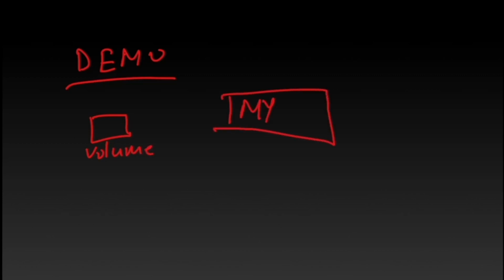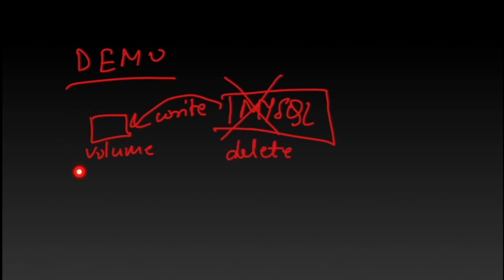Now let's see what we are going to do in our demo. I will create a new Docker volume and I will store some data in this Docker volume using the MySQL application. So I will run a container running MySQL and bind the volume with the container, and after that I will write something in the MySQL container. After doing that, I will delete the MySQL container, and in order to make use of this Docker volume, I will create a new MySQL container and connect it to the existing Docker volume, and we'll see whether the changes done by the previous container are still existing or not.